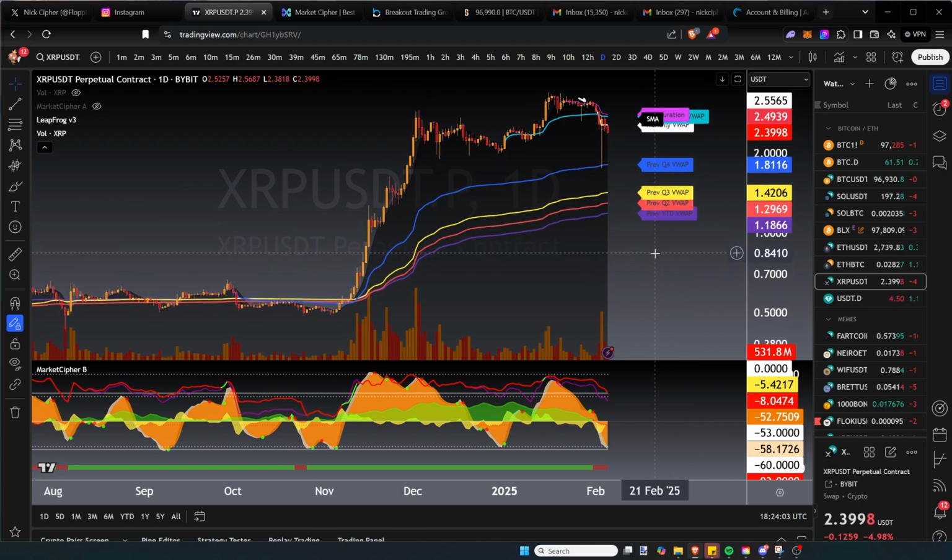So this is a very bearish place to be, just in the gulag underneath all of its VWAPs. And XRP, if you had a full yearly leapfrog, a dump down to its previous year's year-to-date, that puts XRP at $1.20. So maybe that happens if this low gets taken here, or maybe it holds on that Q4 VWAP. I'm not really sure. But I like to stick more to Bitcoin in terms of trading because it's a little more predictable around the VWAPs. But these are just some levels to look at on XRP here.